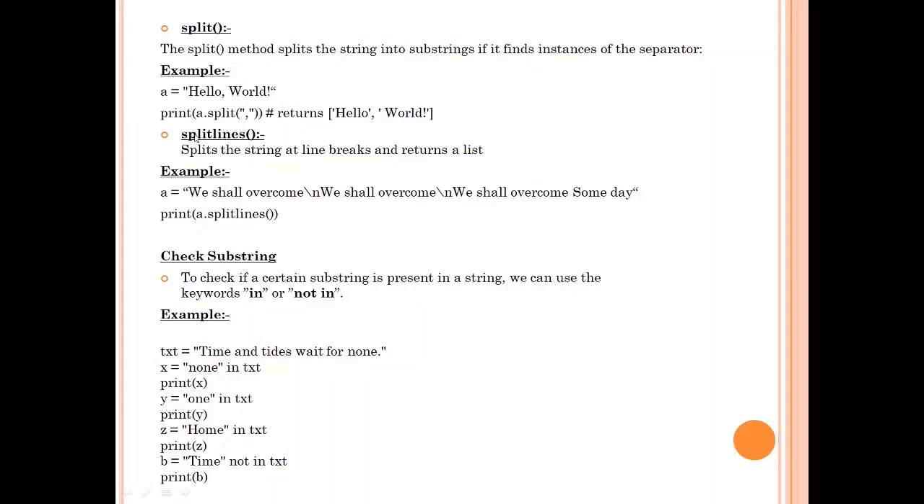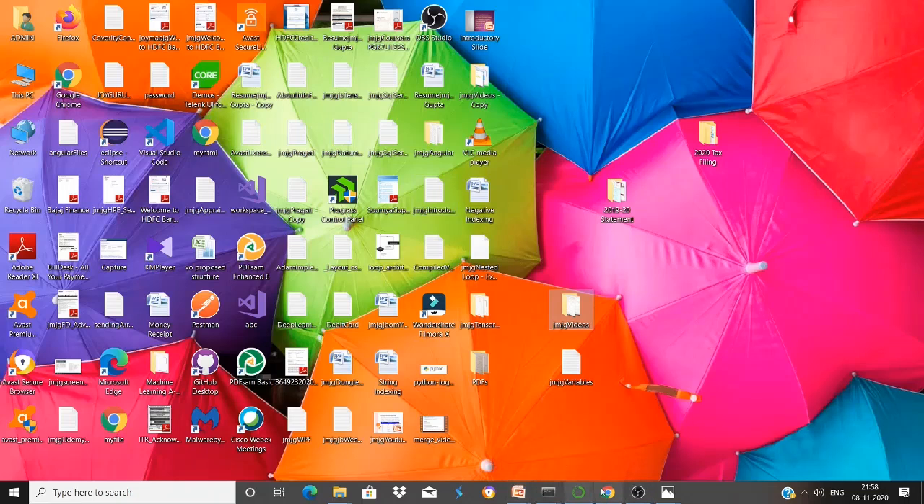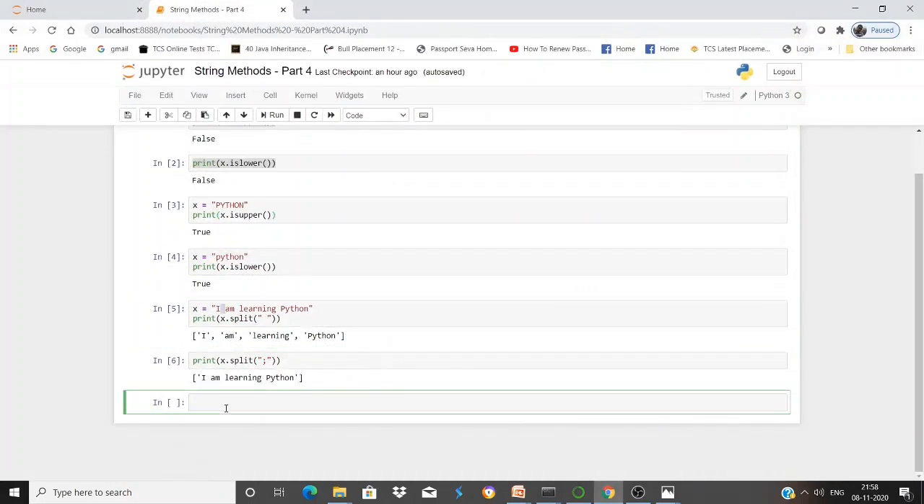So the next method is splitlines. As its name implies, it splits the string at line breaks and returns a list. Okay, so let's again switch back to the Jupyter notebook. Let's have a multi-line string. For multi-line strings, we use triple single quotes or triple double quotes, right? So let the string be